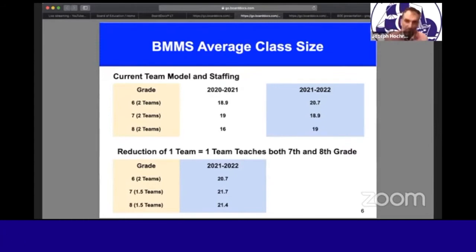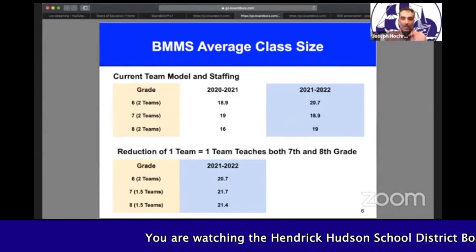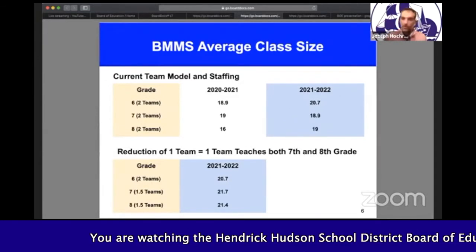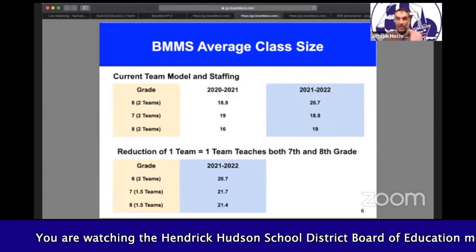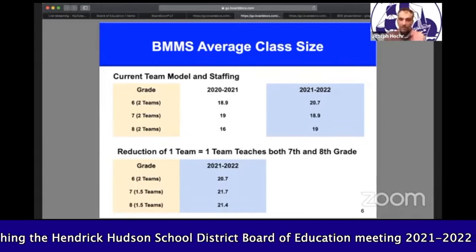And the reason I share this is because if we were to move forward with reducing a team, and we did not have a retirement or a resignation, it would be the least senior staff member in grades 7 through 12 that teaches English, math, science, or social studies. So that person might work at the high school and not the middle school, but that's where you would refill the position. This was a conversation we had a few months ago talking about the Princeton plan, that the Princeton plan would reduce 14 positions.